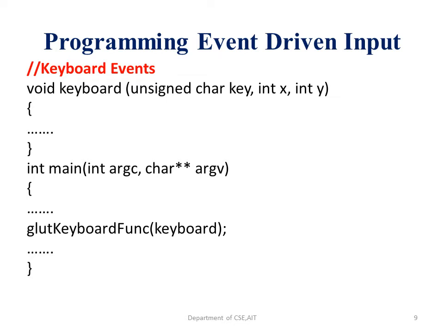This is an API. Inside this API, you can place a function, and this function has to support the keyboard's attributes. So when we write a function like this, where the keyboard has been defined already and it has been called from the main function, then you can write the definition within the keyboard. That means you can make use of the key and the X and Y values to write code, to appropriately give input to the program, and also interactively take the output. So the keyboard will have the definition where you make use of the key and the X and Y values.